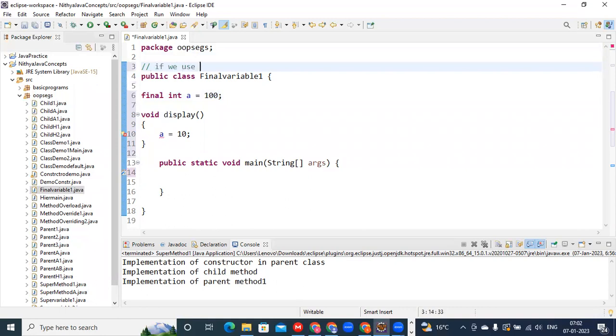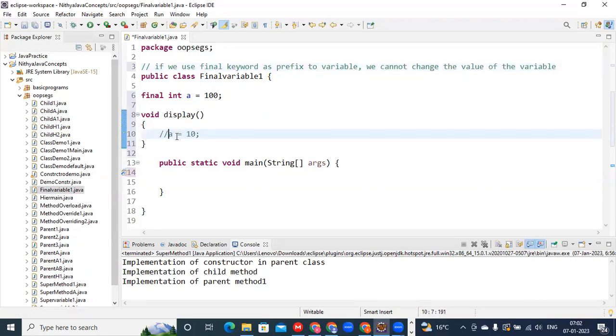If we use the final keyword as a prefix to a variable, we cannot change the value of the variable. We cannot change the value of a final variable. So then it is going to be allowed here. It is going to work. And now if you see